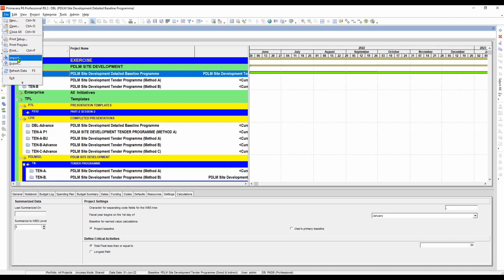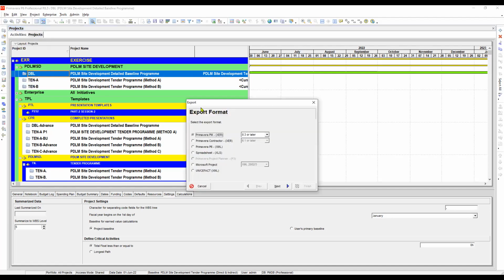And if you want to share your Primavera file to others, or in a different format or application, you can use the export, right? So if you use the export, just click it. If you want a copy of this file out of Primavera, use the export and then select Primavera or any of the applications